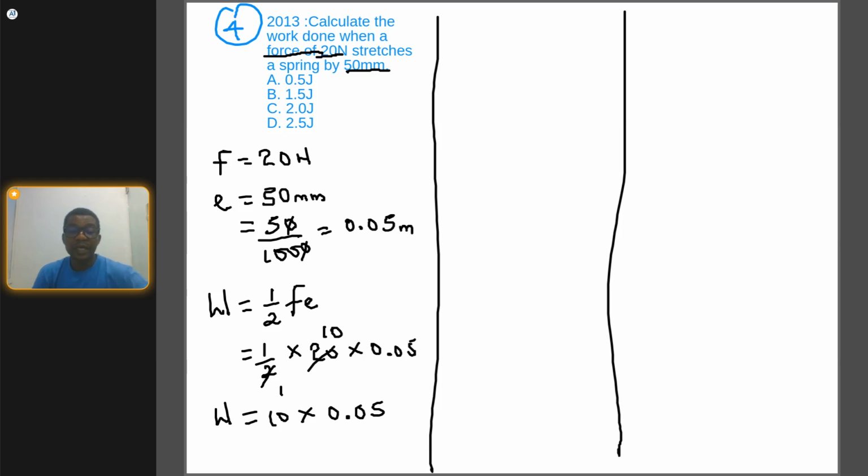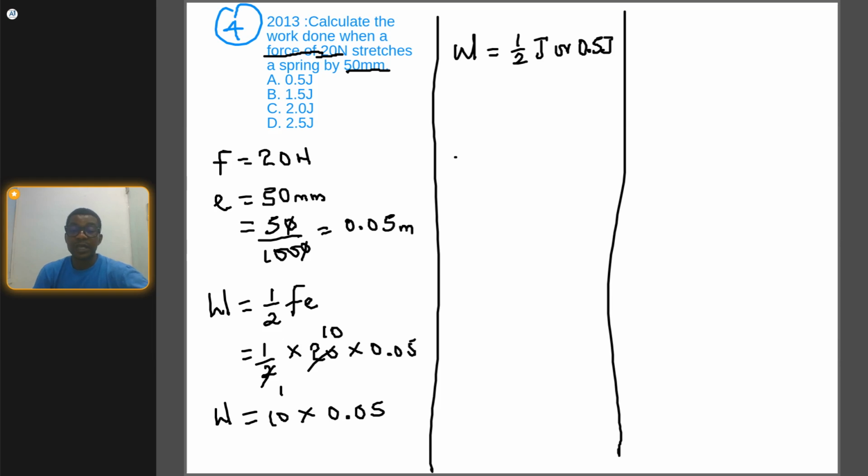0.05. Multiplying that together, 10 multiplied by 0.05 will give us 1 over 2. Work done equals 1 over 2 joule or 0.5 joule. Work is measured in joule. So it is very important that you add the SI unit, which is joule. The final answer is work equals